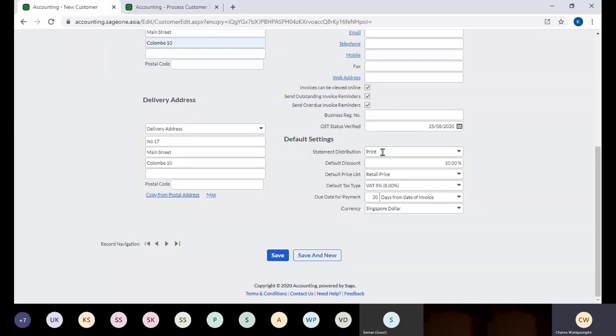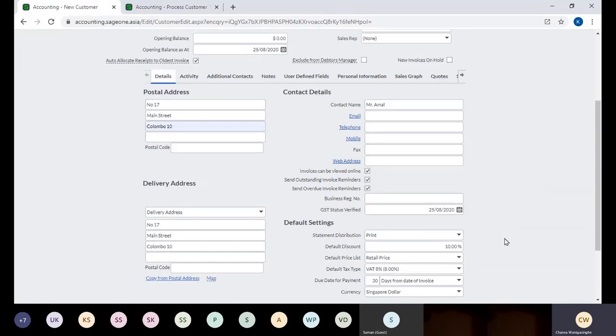Okay. After entering these details, you can save,